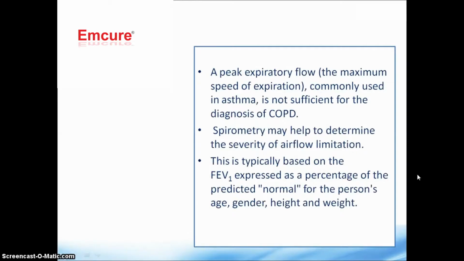But before moving on to it, we have to have a slight bit more on spirometry. I would like to explain. Peak expiratory flow is again a measurement unit. This is the maximum speed of expiration and is used in asthma, but it is not sufficient for diagnosis of COPD. Spirometry may help to determine the severity of airflow limitations. This is typically based on FEV1 expressed as a percentage of the predicted normal for the person's age, gender, height and